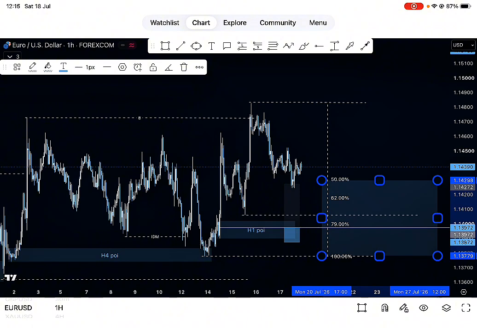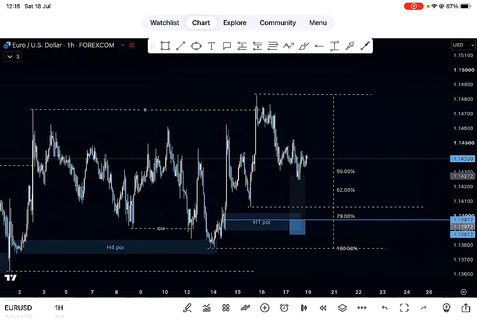But because we are looking to be more precise, not that you can be more precise, because you can't predict the market with so much precision, but we are looking to have a good risk to reward ratio. We won't just buy from the 50% because it's too high. Imagine this loses. How much do you think you will lose? How many pips is this? So our targets will be from,